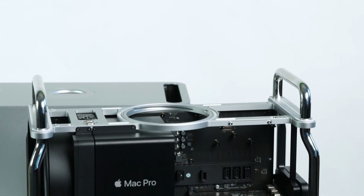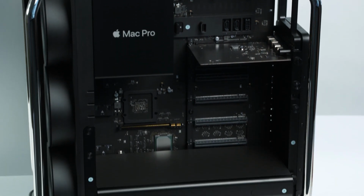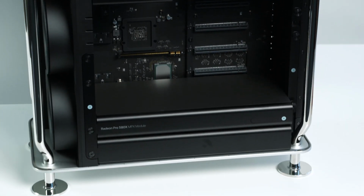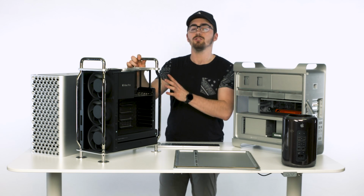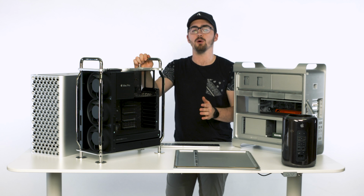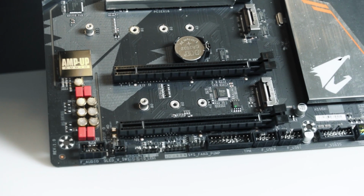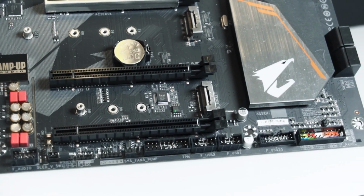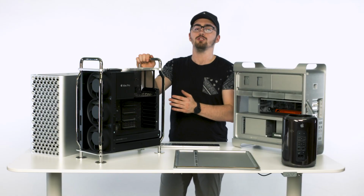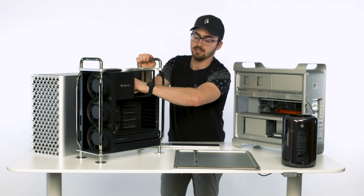While looking into both of these computers, you'll notice that the new Mac Pro has almost double the amount of PCIe slots as the old Cheesegrater Mac Pro. On top of that, these ones are so much more satisfying due to the PCIe lock. When you're not working on the components, there's a little lock that holds down all of your PCIe locks. Unlike on PC motherboards where they have the individual PCIe locks, this computer uses one master lock to control every lock. All you have to do is reach above the PCIe slots,